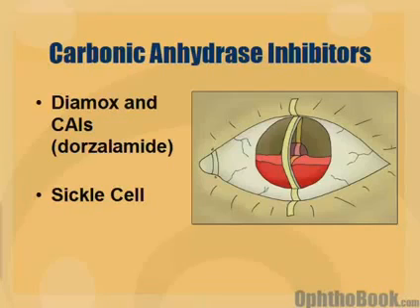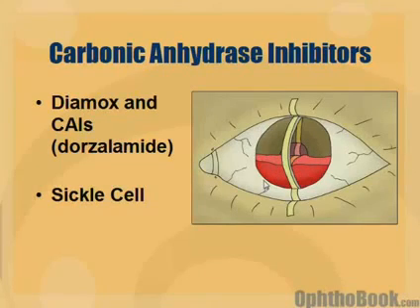And that medication is the carbonic anhydrase inhibitors, such as Diamox, and in our case some of the pressure drops are also CAIs, such as dorzolamide. And the reason is this: if you have a patient who has sickle cell or some type of sickle cell trait, then their blood cells have a tendency to sickle. If their blood cells sickle in the anterior chamber, then they're going to clog up the trabecular meshwork very quickly